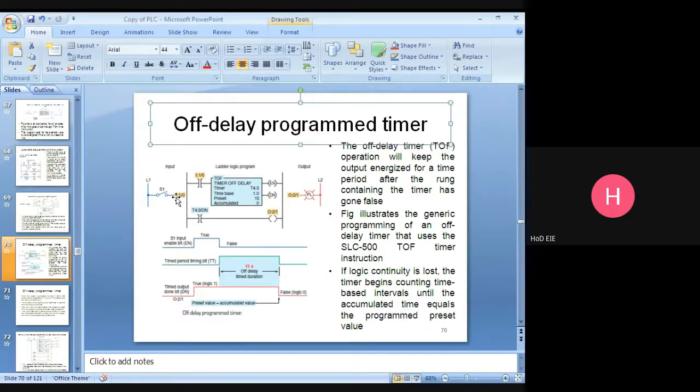Okay, good. Very good. Now I am going to explain about the timing diagram. So the time diagram S1. The enable bit will be enabled when the switch is closed. When the switch is opened, the enable bit will be off. Am I right? Yes, sir. Once the switch is closed, the enable bit will be enabled. When the switch is opened, the enable bit will be disabled.